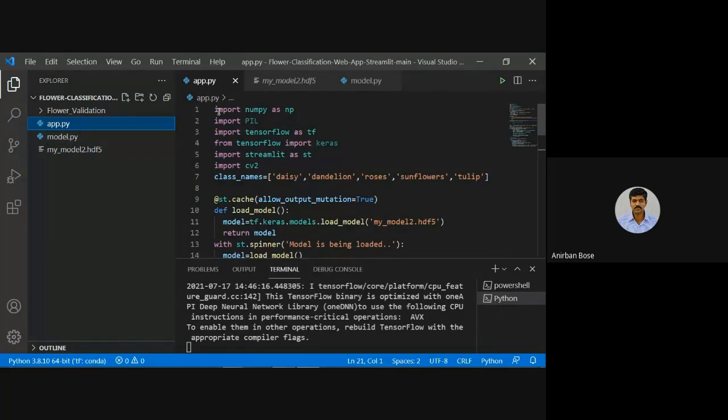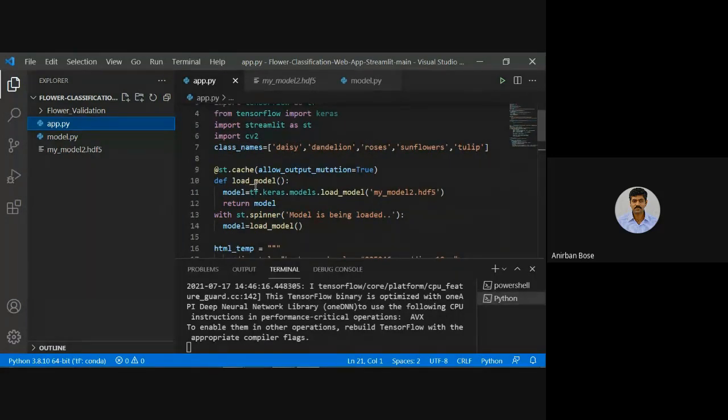Now here again you see the important libraries that you have to load. First, it is better you just mention this class_names, the list we have first created, which we have already seen.